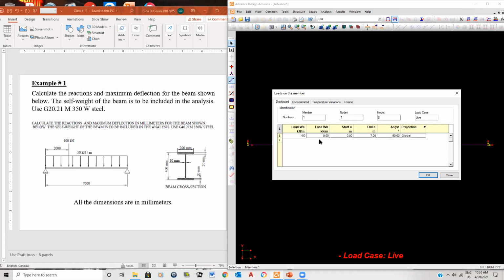And of course, it's going to jump here to be minus 50. So that takes care of that. And of course, I have a concentrated load. So therefore, I'm going to change the tab. Okay. Now, this is where it's important because like I said, if you clicked here to create the member and